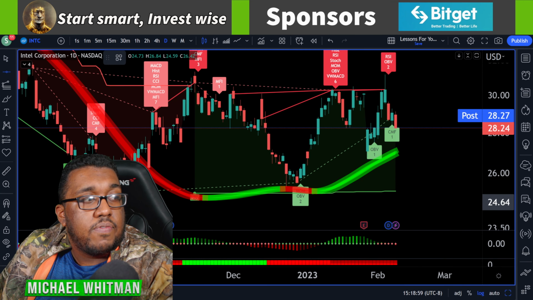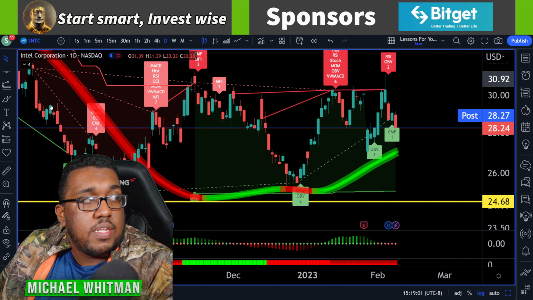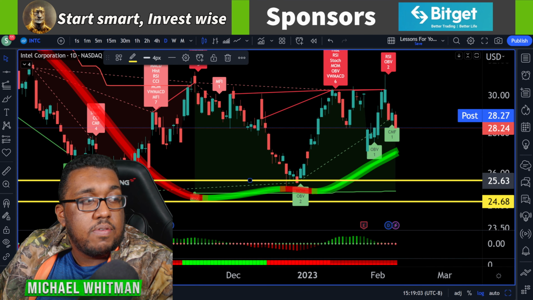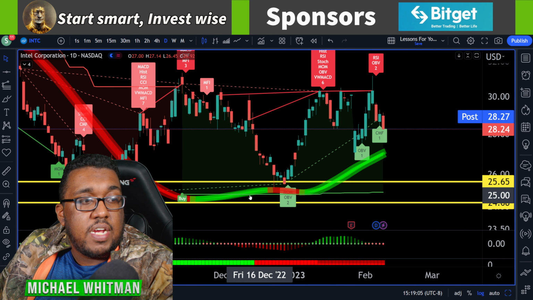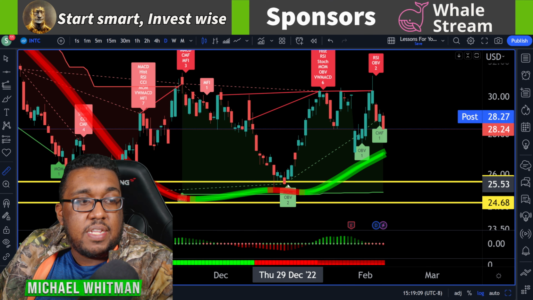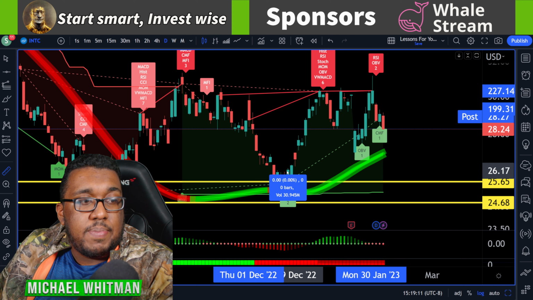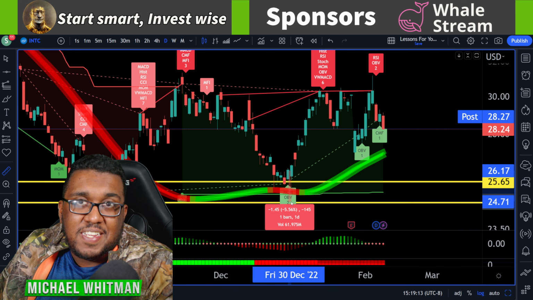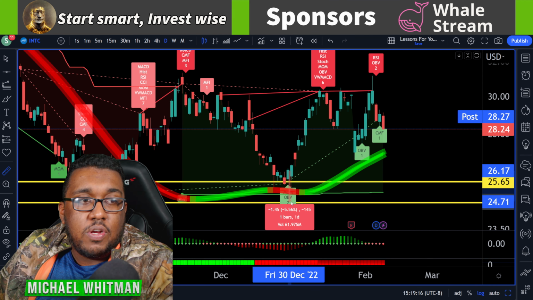So when we go over here and we check this out over the past few weeks, what do we have? A nice support level down here, a nice support level right here from here to here. That zone is an okay opportunity to buy, but your stop loss, if you're buying right here, isn't going to be like 18, 20%. It's going to be around here at about like 5%. And that's the really big difference. So if you guys want to trade something that has that shorter stop loss, I think it should help you